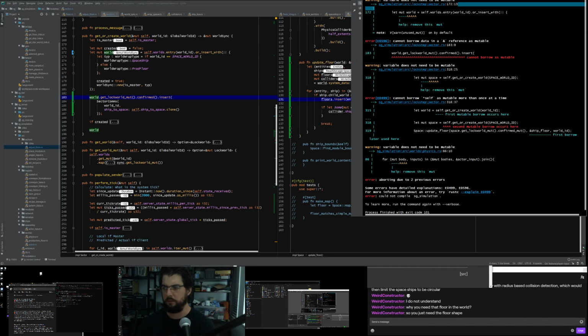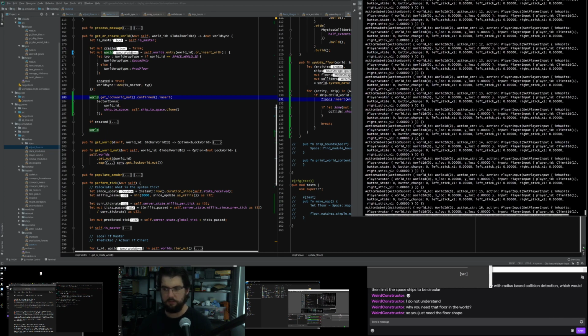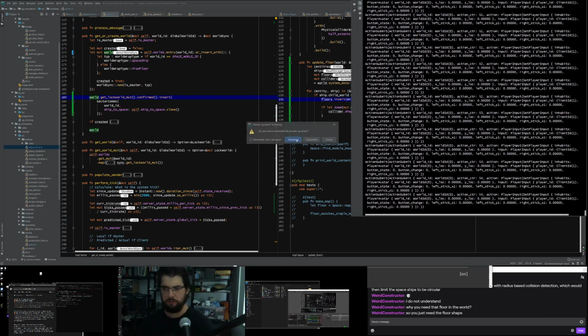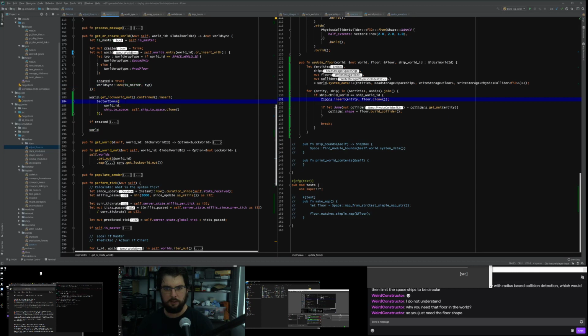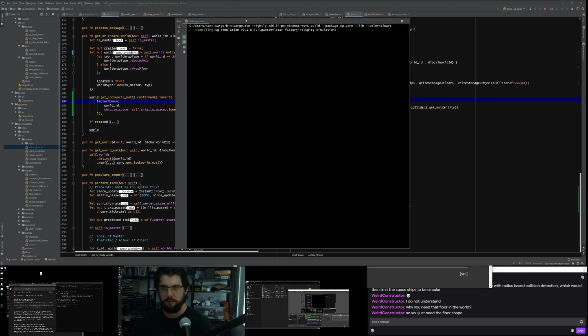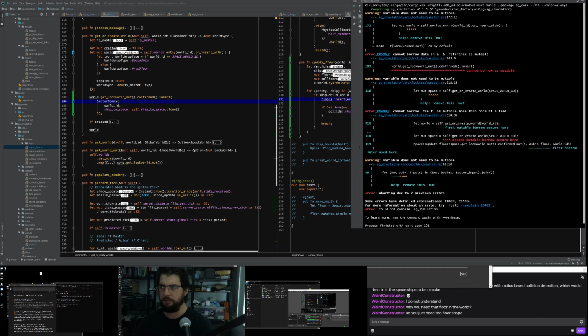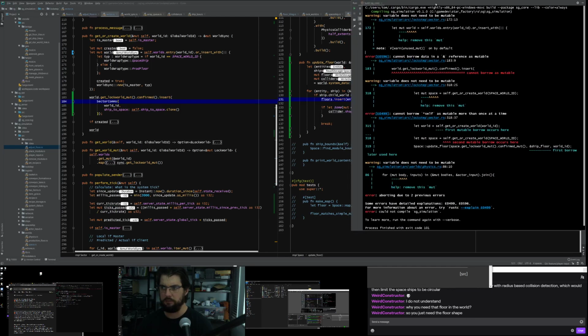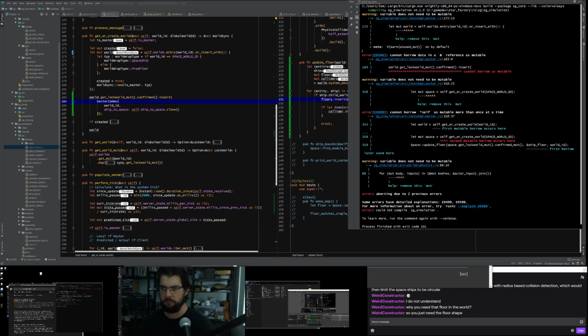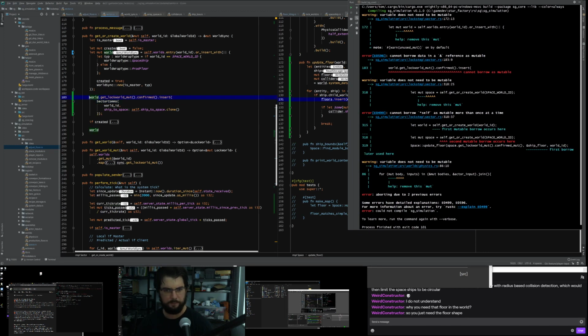This dialogue has gone and put itself in a funny place. It really wants to go to the top of the screen. It's quite annoying. Okay. Still doesn't want to borrow it as mutable.